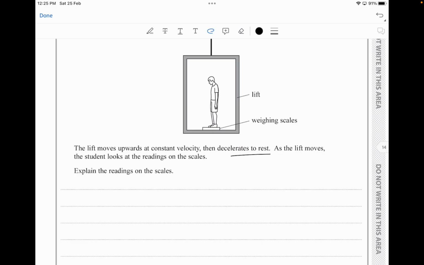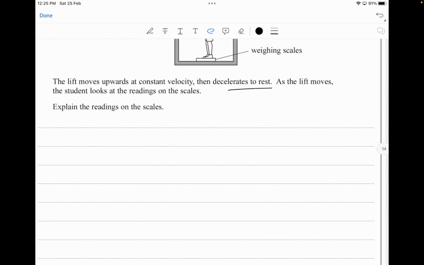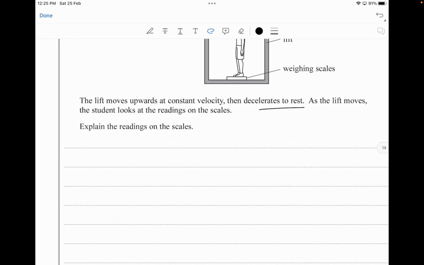Explain the readings on the scales. Since this is 6 points, we have to give 6 marks. So the first thing that you can say is that the force